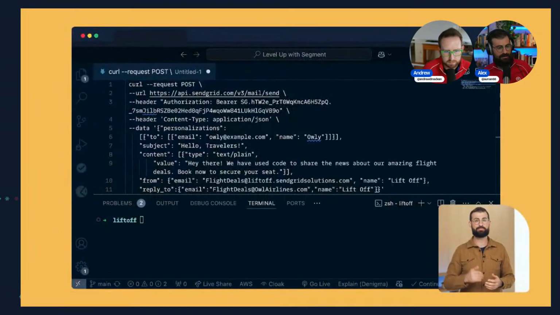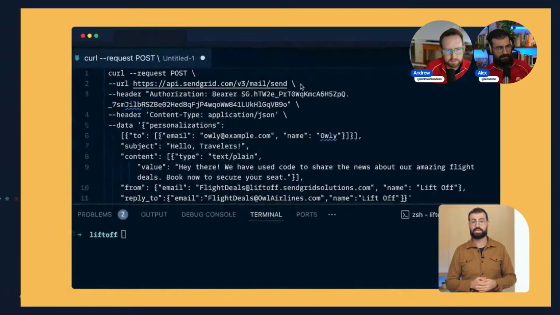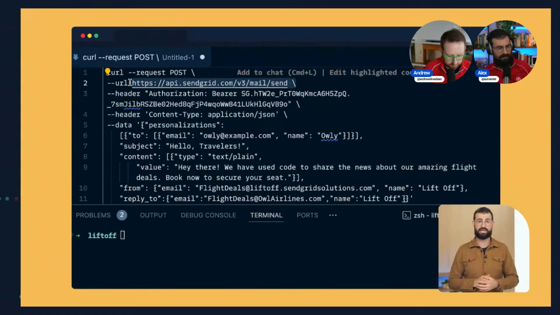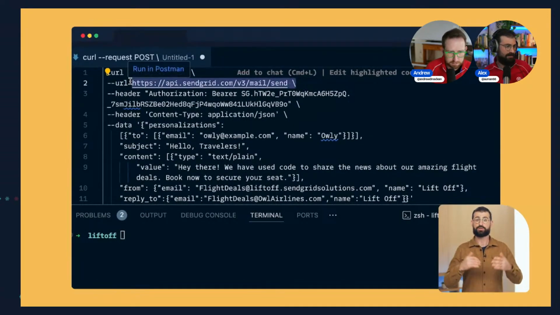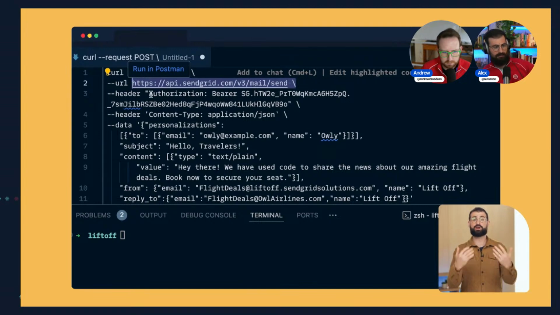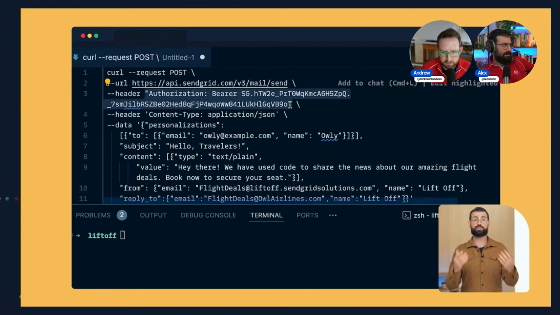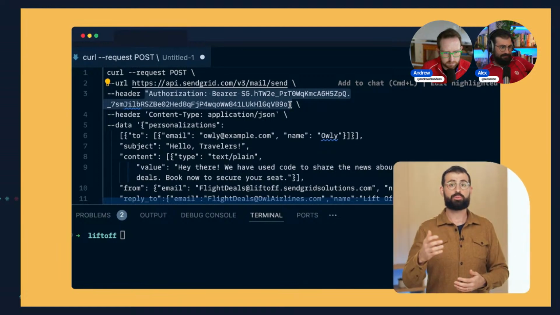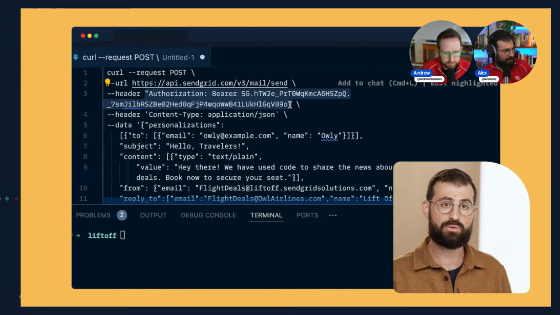You'll see in the sample code that we've provided that we're sending a curl request to SendGrid's API. You'll also see we're passing along our API key in the authorization header to let SendGrid know who we are and that we have permission to send this email. We're putting our API key in here directly just for clarity's sake. But as we mentioned, we'd highly recommend